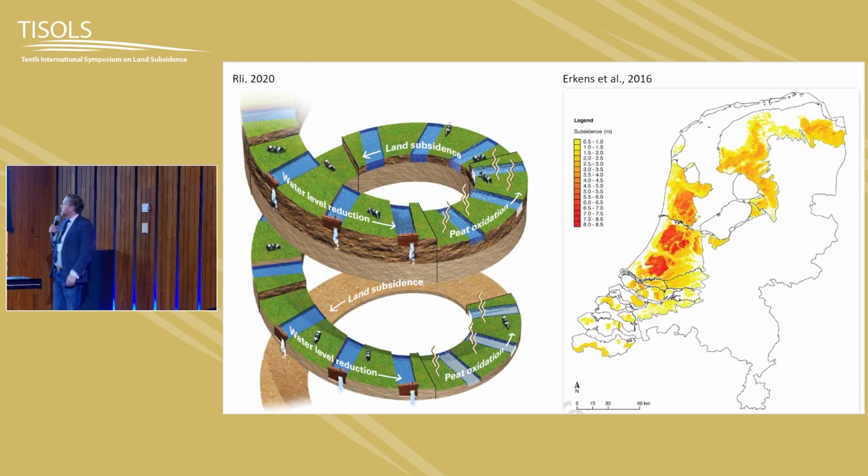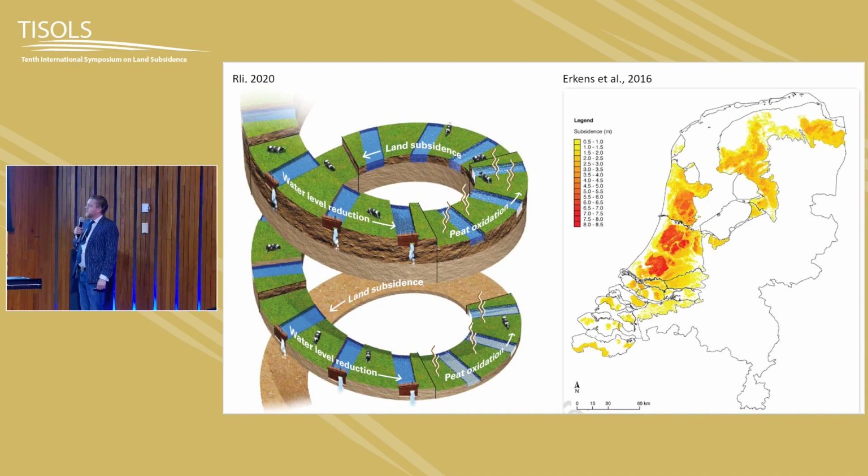So that hardly needs any introduction anymore, but we're going to focus with this case study on the Netherlands, on the last 1,000 years of land subsidence. You have seen this map on the opening day, and this map is going to be one of the products mentioned in this talk. And of course, on the left, you can see what we had in the last 1,000 years.